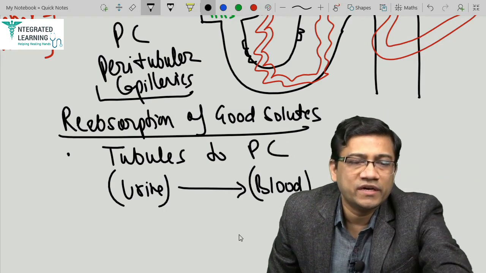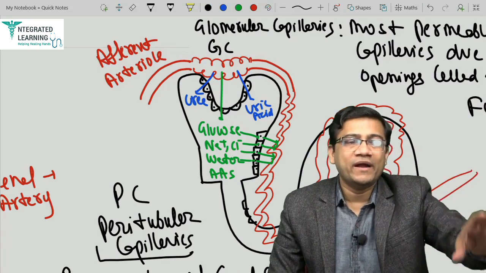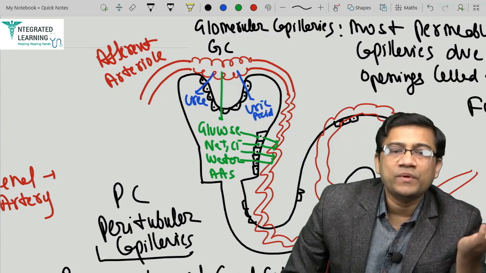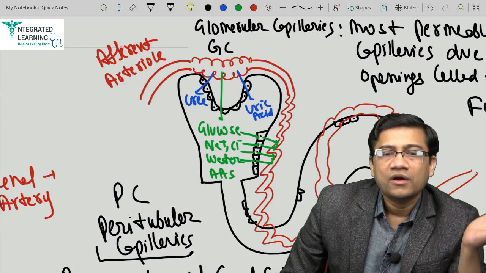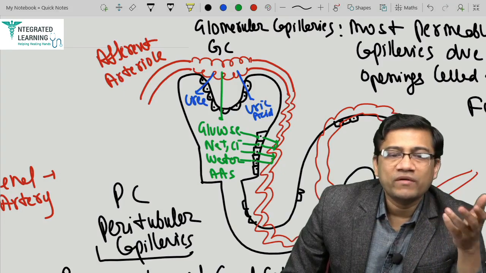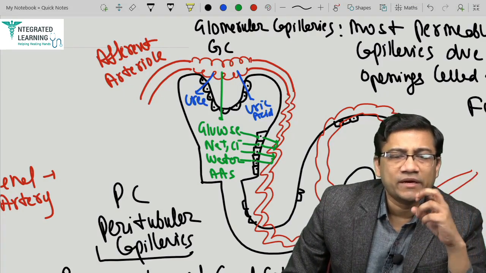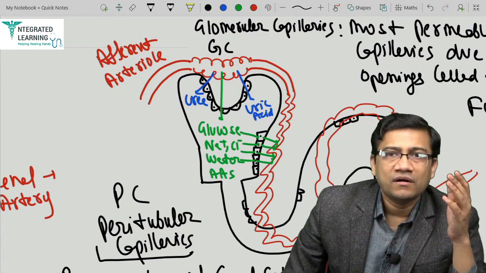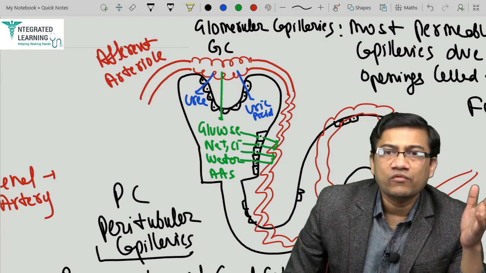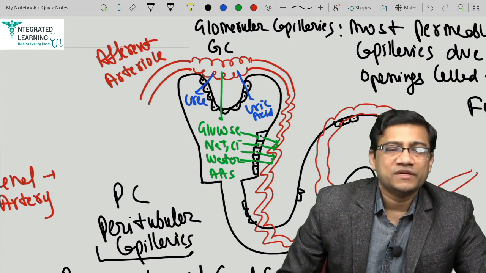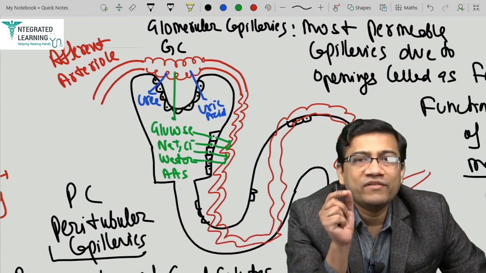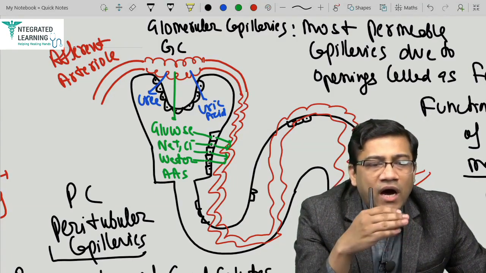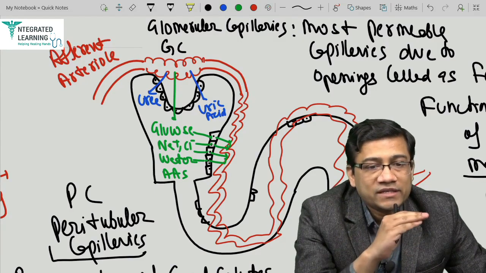So if you filter, you have good and bad both coming in the urine, but as you reabsorb the good things, they would be now going where? Going into the blood bag. Only what is left now? Urea and metabolic waste. So if you filter, reabsorb, all the waste would be removed from the plasma. But one problem is there. When you filter, do you think every metabolic waste would be filtered immediately? No. Large amount of substances will escape filtration.